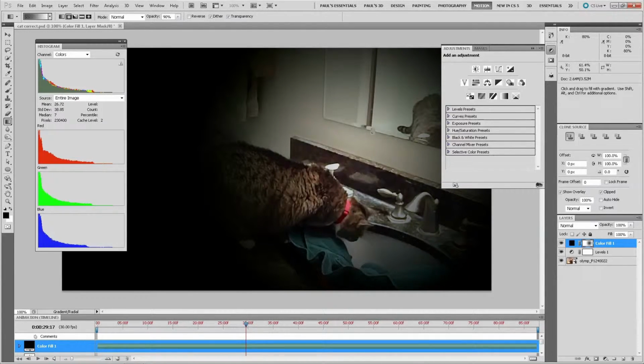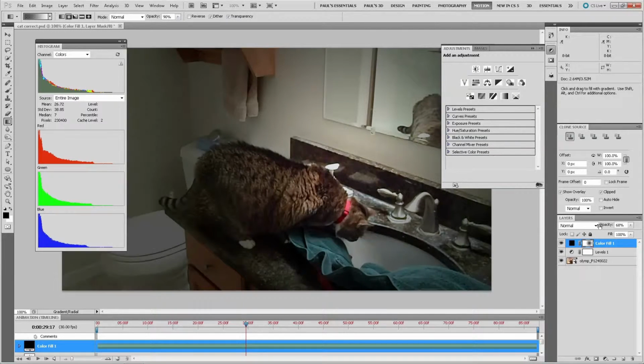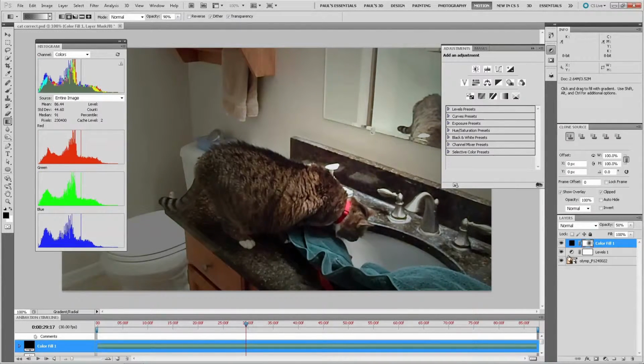All right. Wow, that looks like an old movie. Well, that's way too dark. So just go to the layer opacity, bring it down to 50%. Always start at 50%. It's a good place to begin. Let's look at the whole thing.